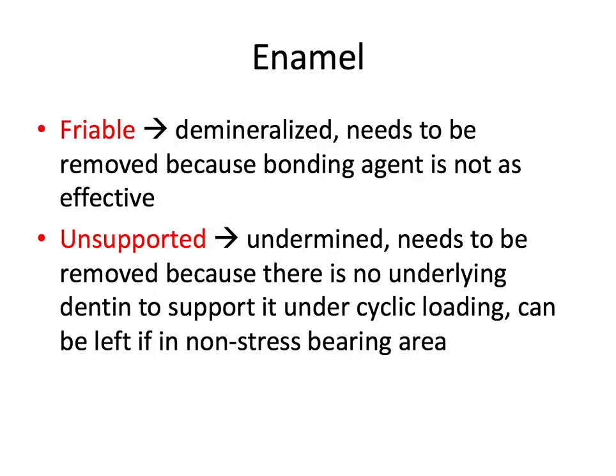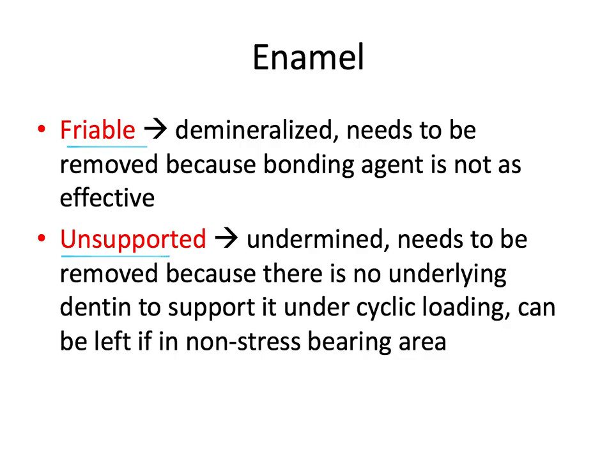I talked about having healthy enamel. This is examples of unhealthy enamel. And during the outline form, all weakened and unsupported enamel should be removed. So friable enamel refers to demineralized enamel that needs to be removed because the bonding agent is not as effective